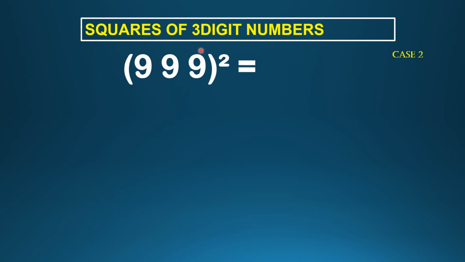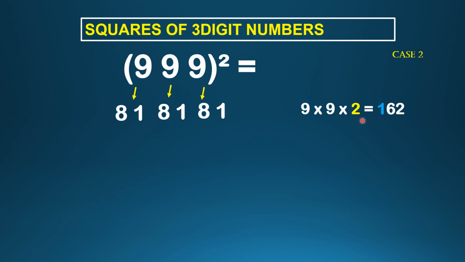Now, I consider the largest 3-digit number 999 squared. We follow the same method. 9 9s are 81. The last 9 9s are 81. The middle line, it is 9 9s are 81. Next step, first two 9s into the power 2. So 9 into 9 into 2, it is 9 9s are 81, 2s are 162. You observe here we got 3-digit number, but always we should write only 2-digit number. So what we'll do now, this 1, we will take it as a carryover. Leave the first digit 62, just before 6, whatever the number is there above 8, write carryover over there.